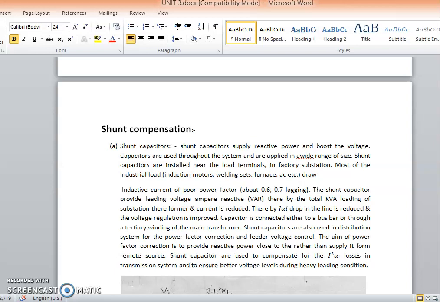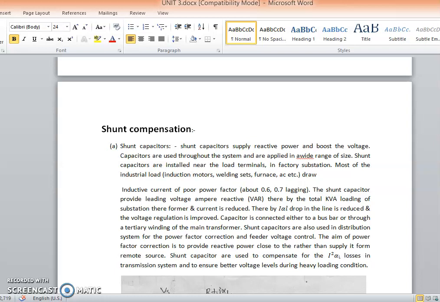It works as a controllable current source. A reactive current is injected into the line to maintain constant voltage magnitude by varying shunt impedance. Therefore, the transmittable active power is increased, but at the expense of increasing the reactive power demand. There are two methods for shunt compensation. We are discussing only the main methods.